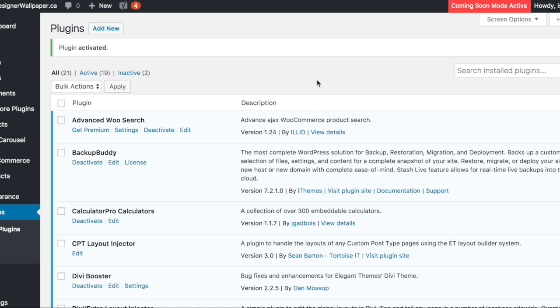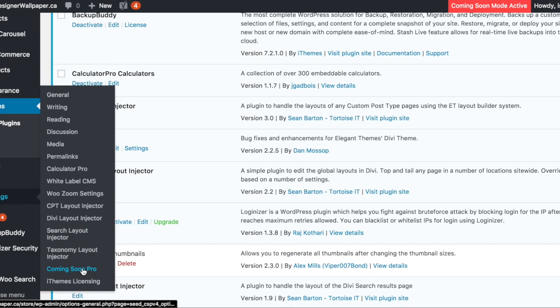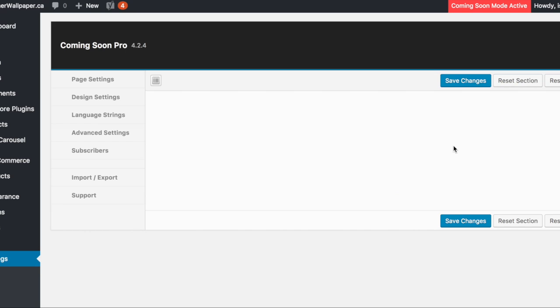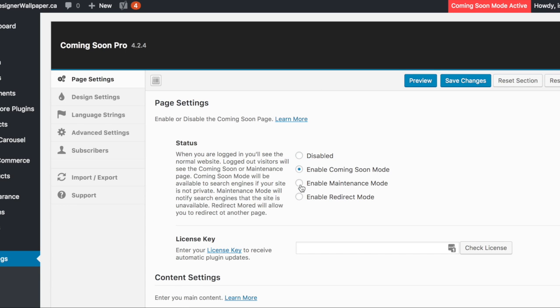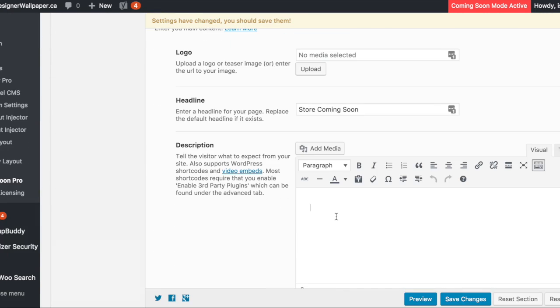One thing that we'll add to this is when you are updating your website and adding products, especially if you're doing multiple products, we do advise that you go into your website, go into your settings here, go to the Coming Soon page, click on that, and make sure that you have actually set your website to being in maintenance mode. Right here, maintenance mode. Okay, scroll down, change and say